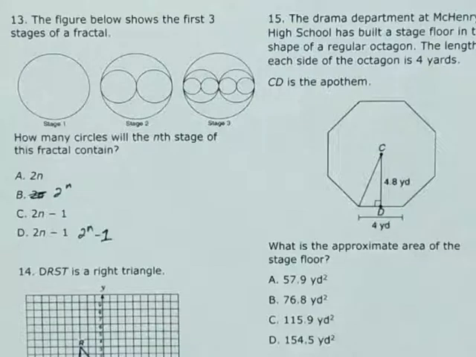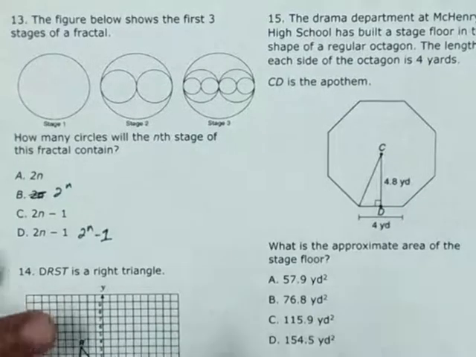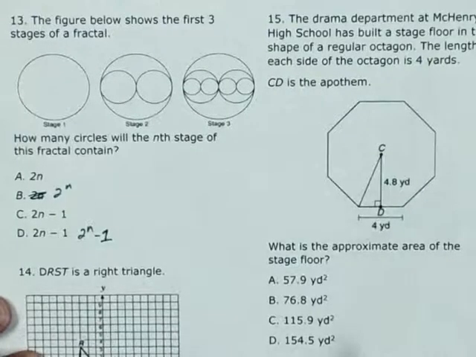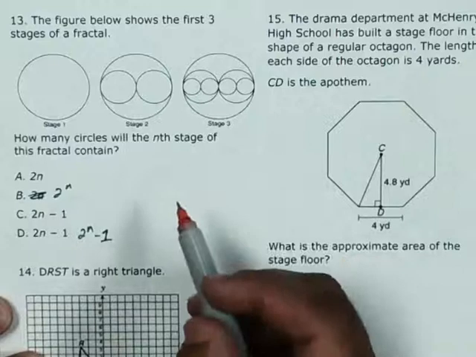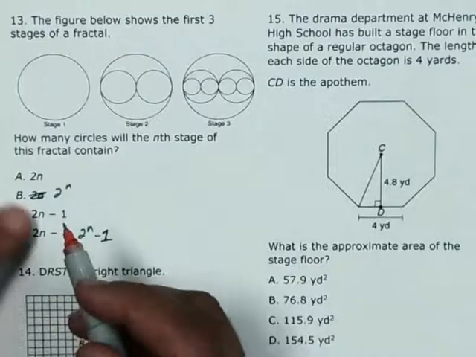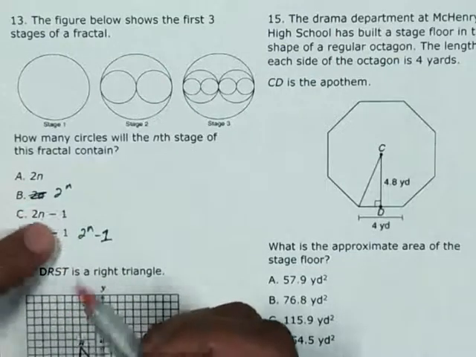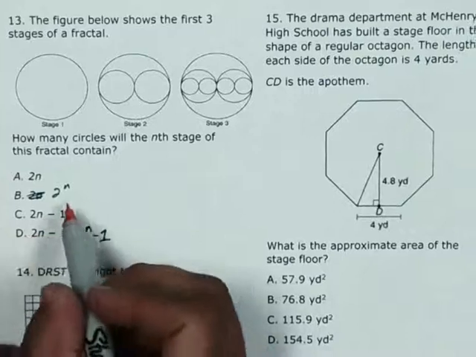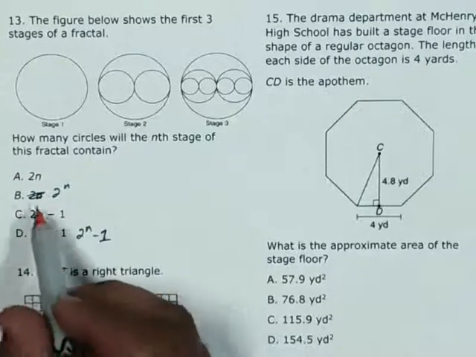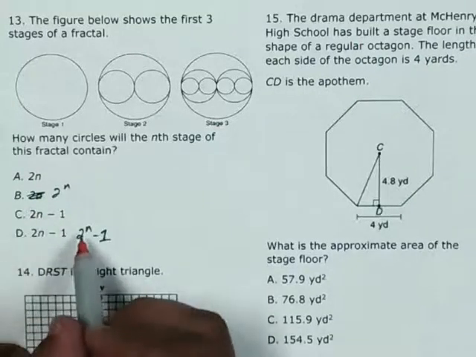Alright, we're going to look at now number 13. The figure below shows the first three stages of a fractal. How many circles will the nth stage of this fractal contain? First thing, there were some errors on the review. It should be 2 to the nth power for question B, and D should be 2 to the nth power